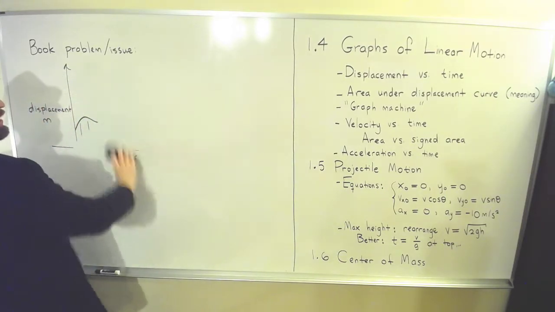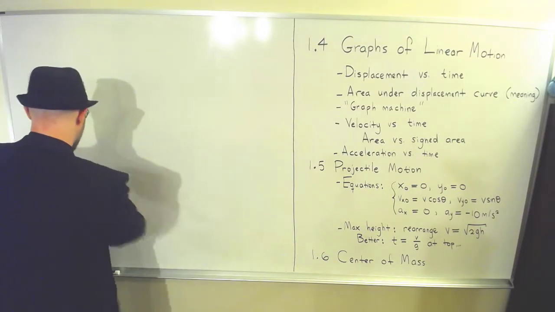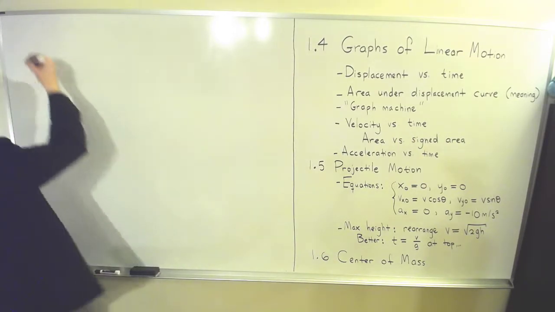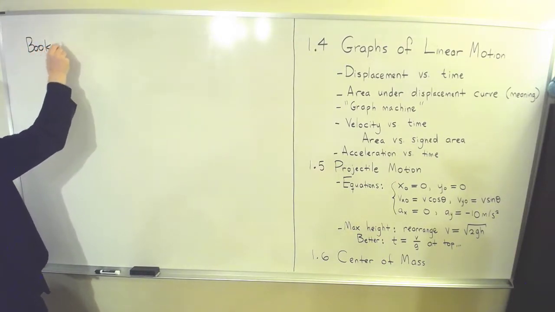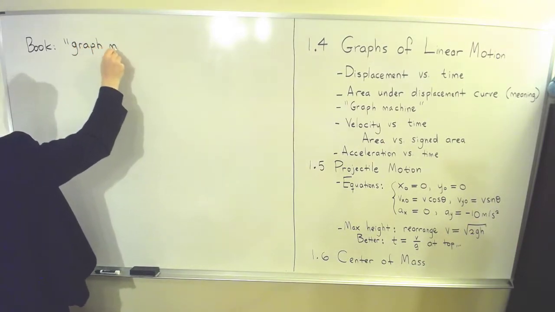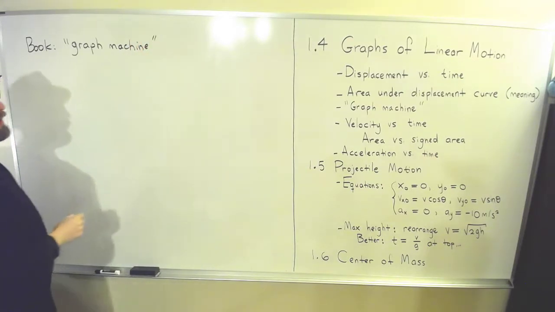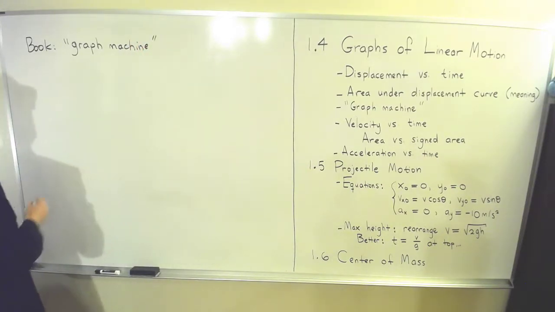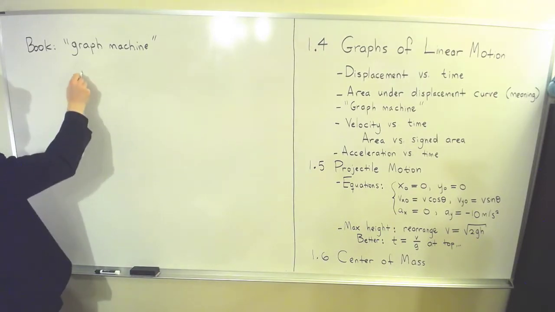Okay, so let's move on and talk about this graph machine. The book has this useful little idea. This is in the book, and it calls it a graph machine. It's in there around page 11 or page 12 or something. And what the idea is, and I'm not going to try to represent this really, but you have